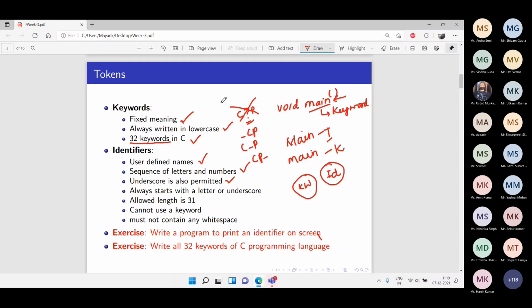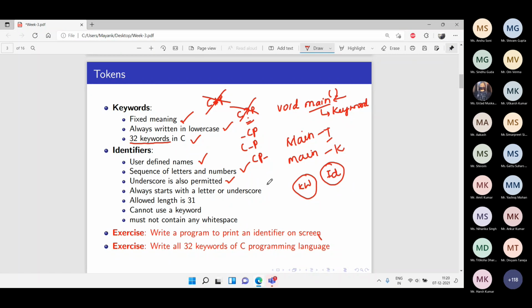This means we are giving some name. It's like there is a newborn baby and you are allowed to give a name. Okay, so in that name, only these are allowed. If you use something like C*P, that is not allowed. This is not considered an identifier. So when you write a C program and you define an identifier as C*P, then the compiler will give a compilation error.